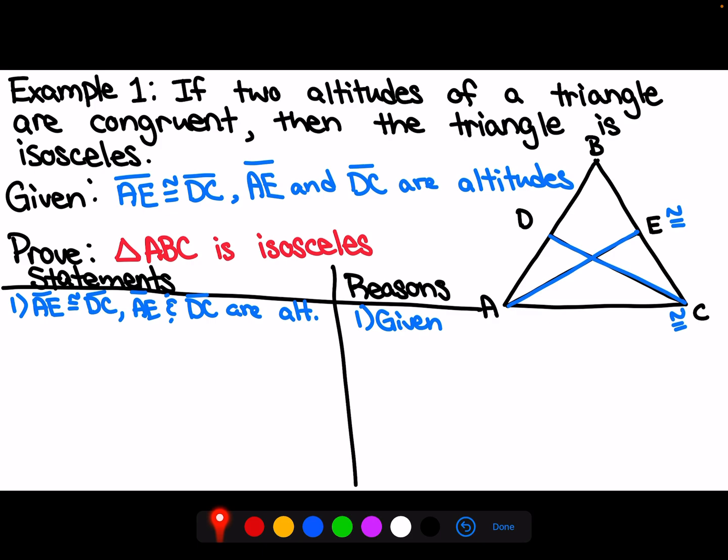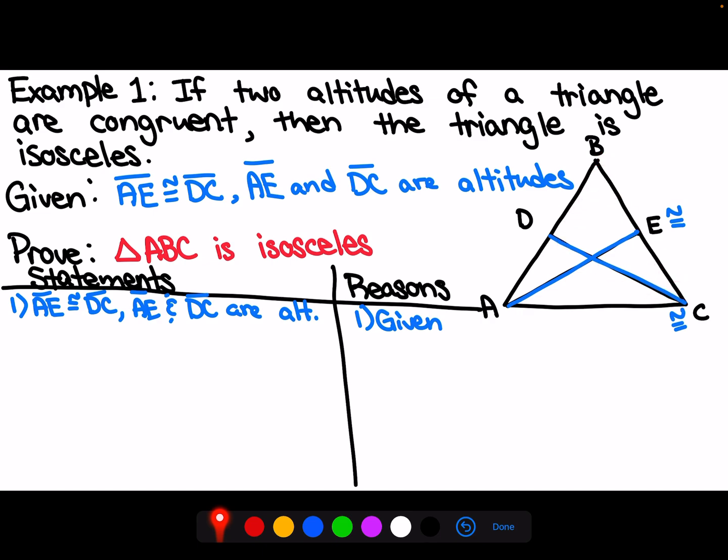So there's multiple ways to go through this. Now the way that I'm going to go through this is I'm going to prove that the two top triangles are congruent. That will automatically give me two side lengths of the large triangle ABC, which will allow us to say that it's isosceles. Now, if I'm focusing on the triangles up top here, triangle ABE and triangle CDB, then the next